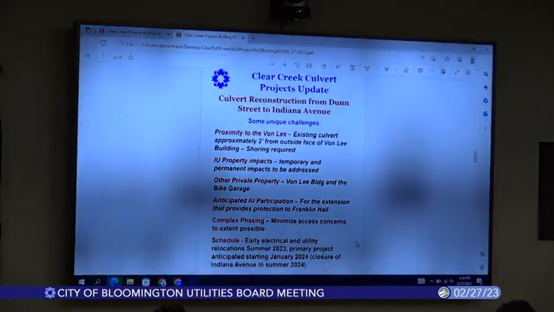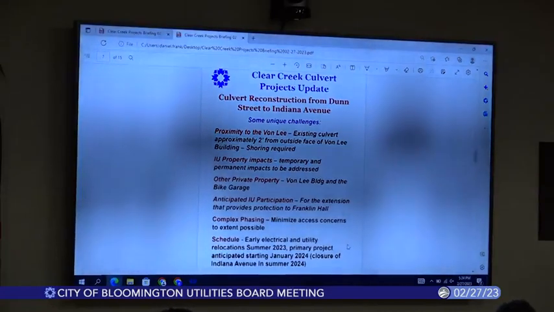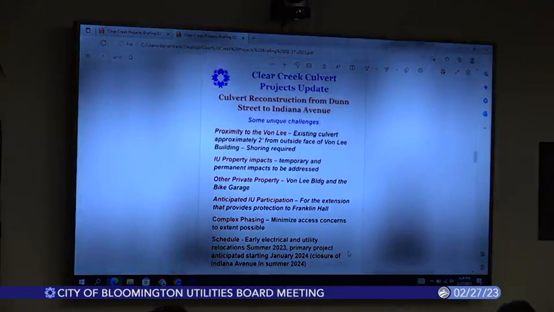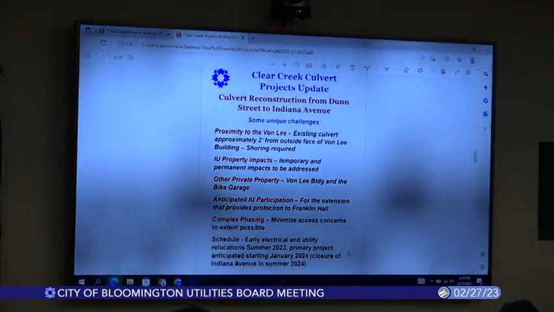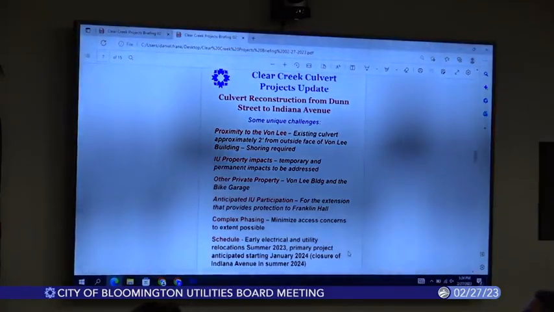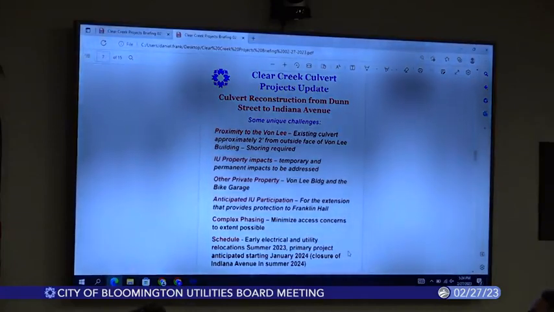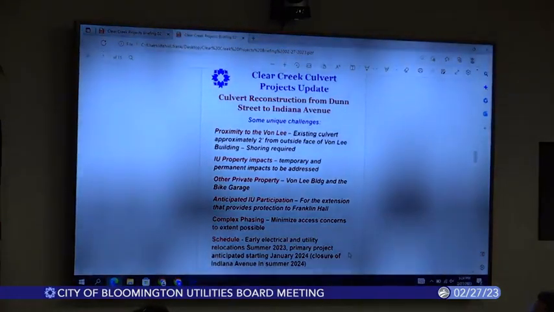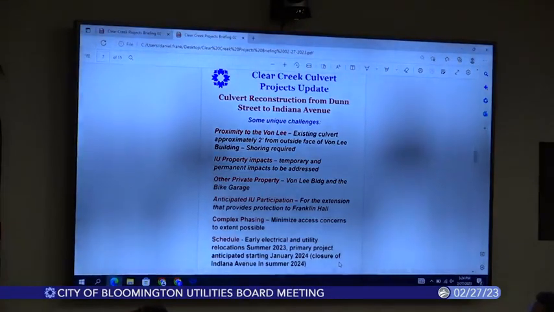Scheduling. There will likely be a utility relocation, small project in the area this summer. We'd like to do that when the parking is least in demand, because it does need to get into the parking lot for IU. We actually anticipate the primary project being scheduled in 2024, starting in early 2024, because when